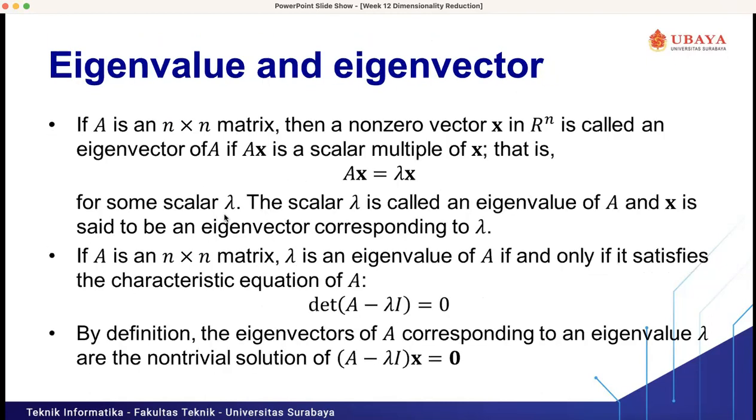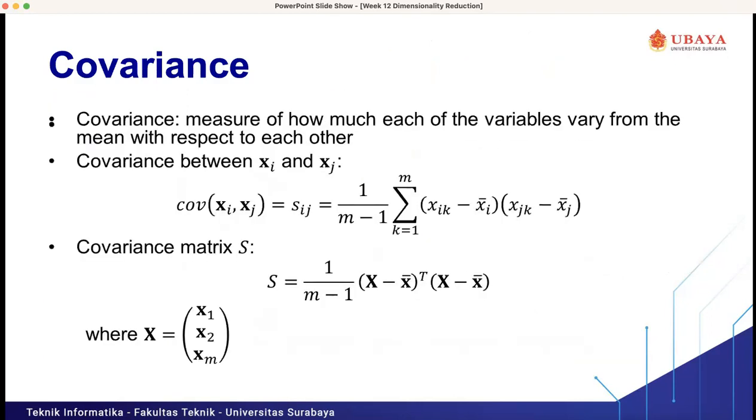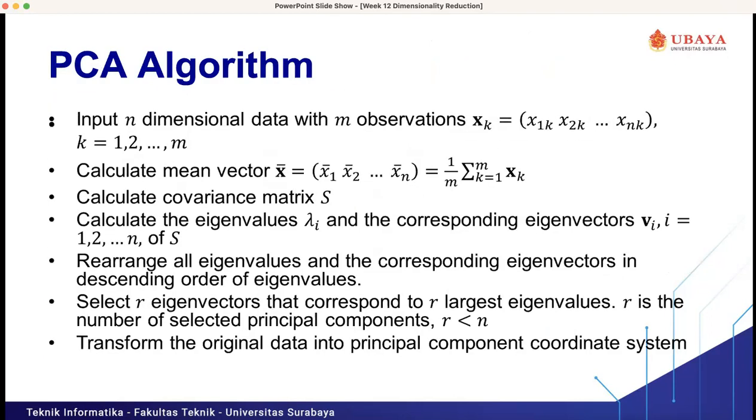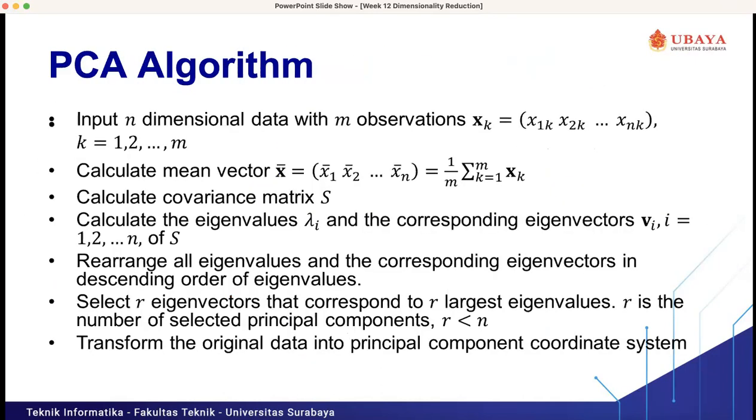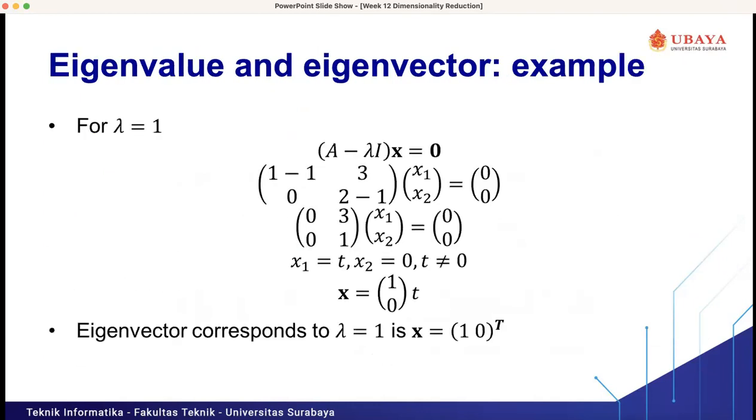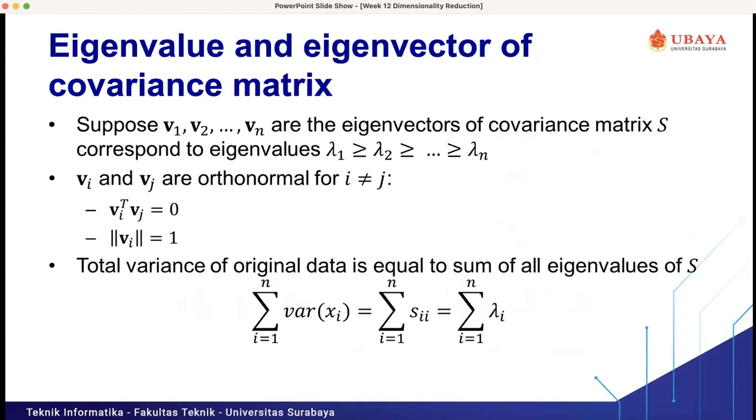Because like I was mentioning before, the principal components are not correlated. So in this example, we have PC2 and PC1. These are orthonormal. In Indonesian, we can just call it tegak lurus. PC2 and PC1 are orthonormal. If we multiply the vectors of PC1 and PC2, it will result in zero. That's why if we multiply V1 with V2, V2 and V3, or V1 and V3, when we multiply those vectors, it will result in zero.